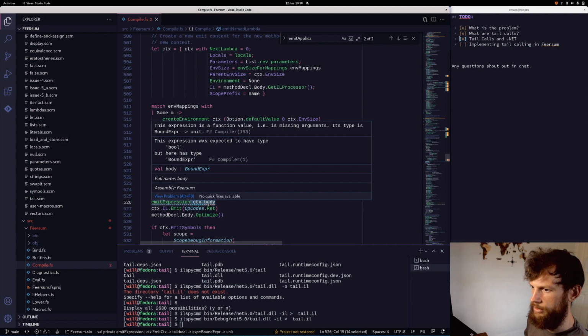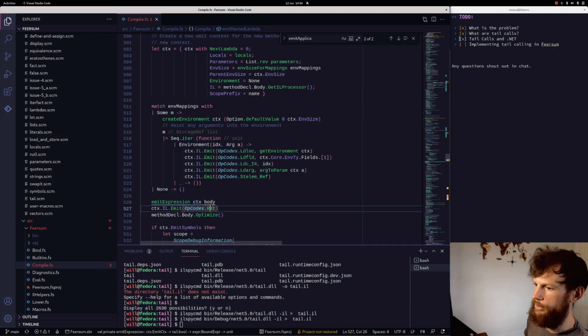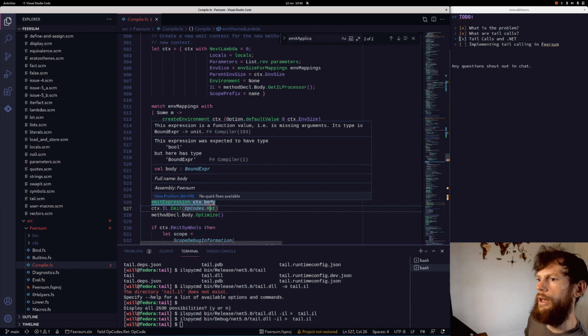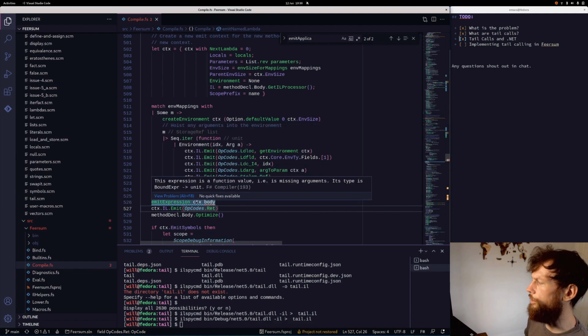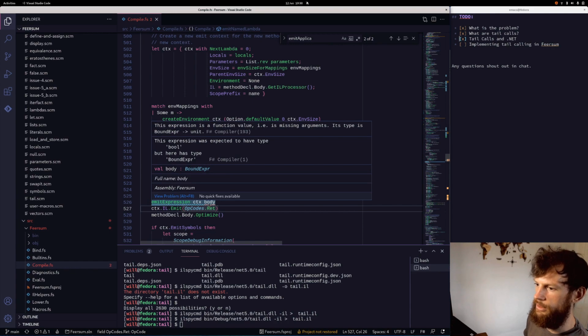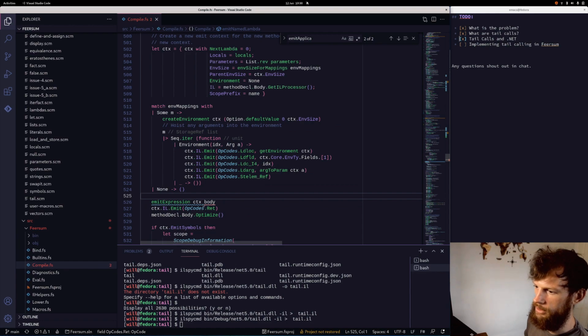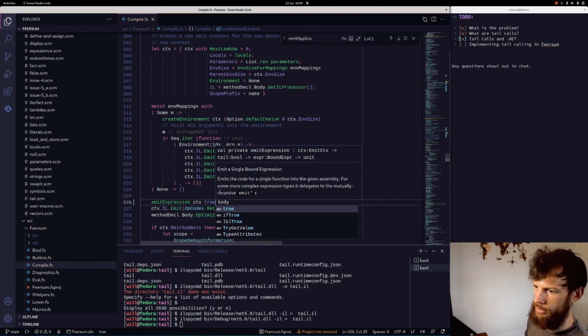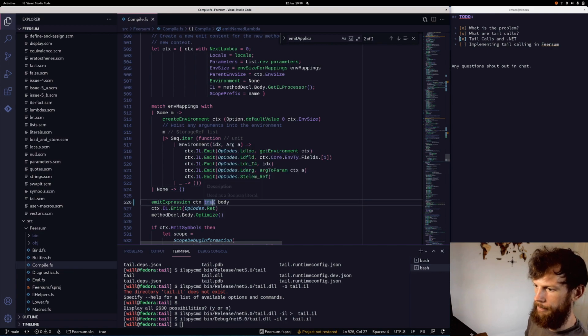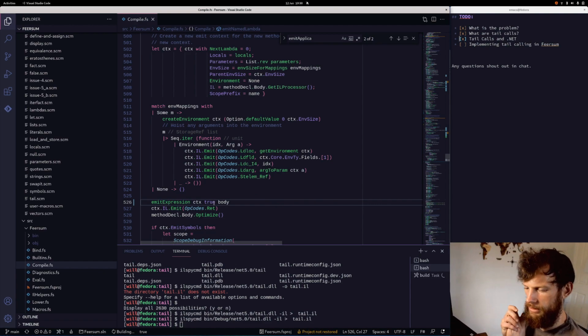In this case, the body of our lambda is just an expression, because if we have more than one element, it will end up being a sequence expression. And we're already handling the last element in a sequence being in tail position. So we can just say true because we want to emit the body in tail position. So now I should be able to build, and